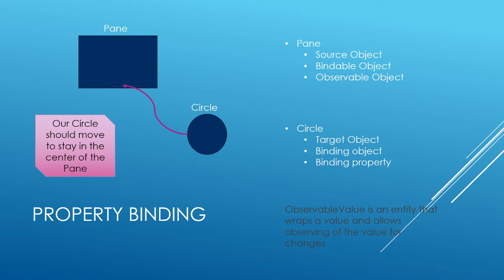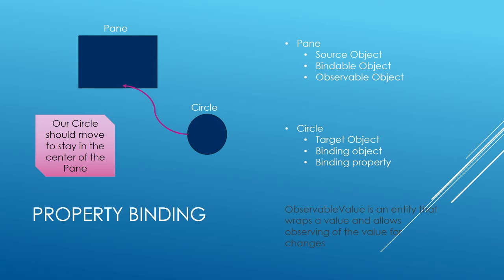Whenever we're working with panes and nodes that we're adding onto our pane, we can add a circumstance called property binding. For example, if we create a pane that has a circle displayed on it, we'd like our circle to move and stay in the center of the pane. We could do that by binding the two properties. The pane would be the source, the bindable object, and it would be considered observable. The circle would be the target object, a binding object, and it would have the binding property that it was